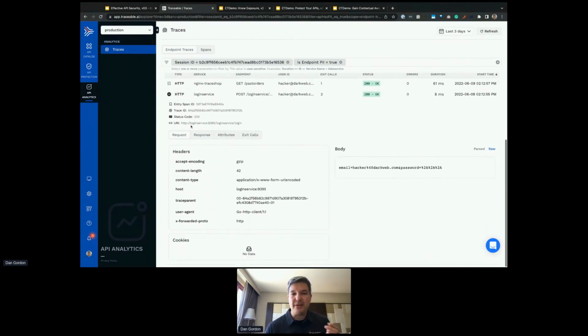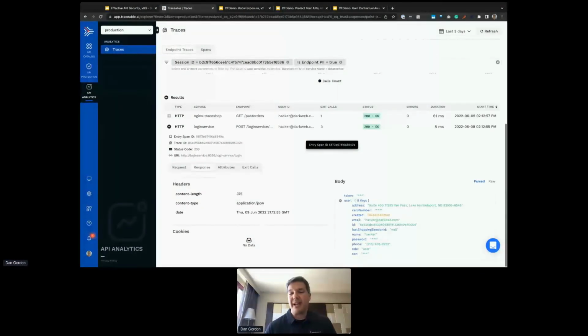So we're looking now at the body of the request. Pretty normal to send a user login and password. Looks like we didn't redact it. We could. Yeah, we did redact it. And then let's look at the response that happened. Now here is where I'm seeing information that shouldn't have gotten out, like a phone number. So there's our PII.